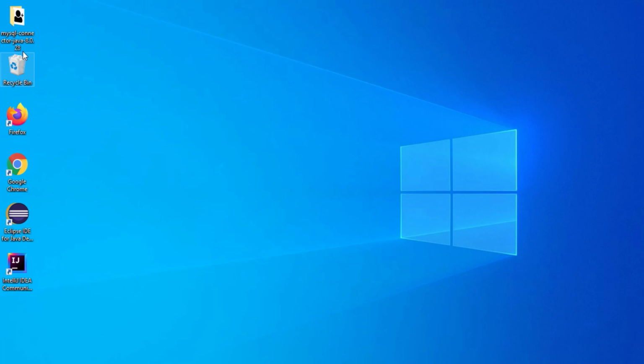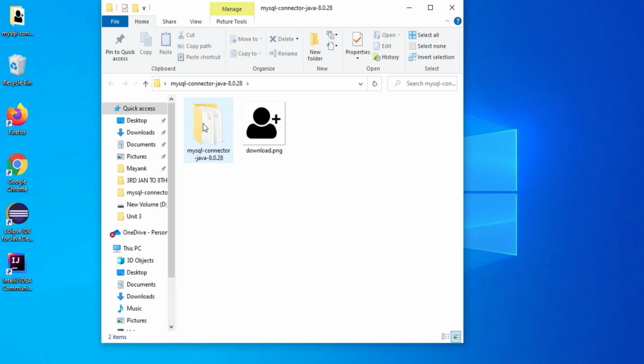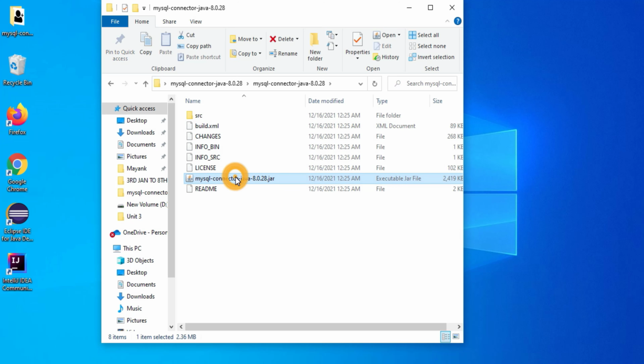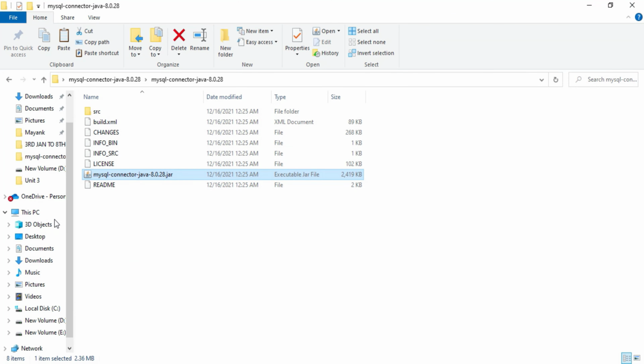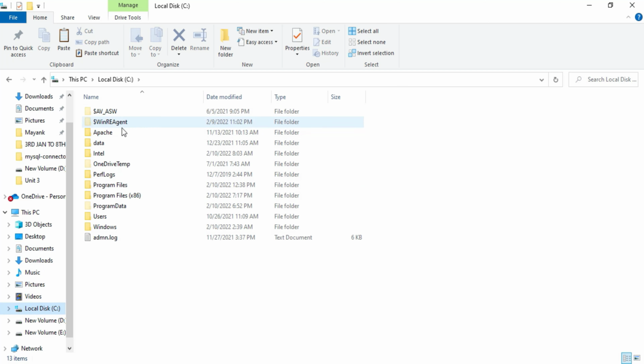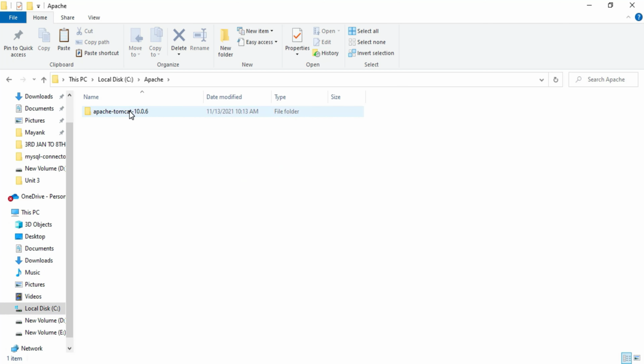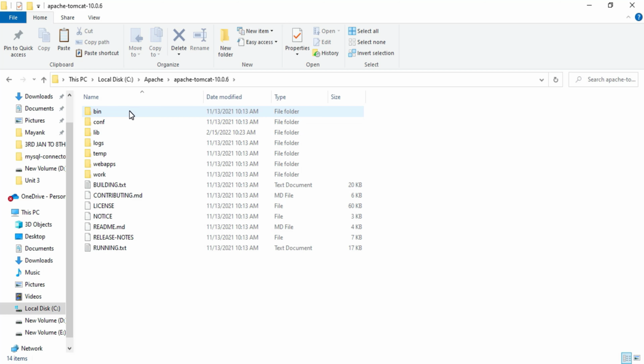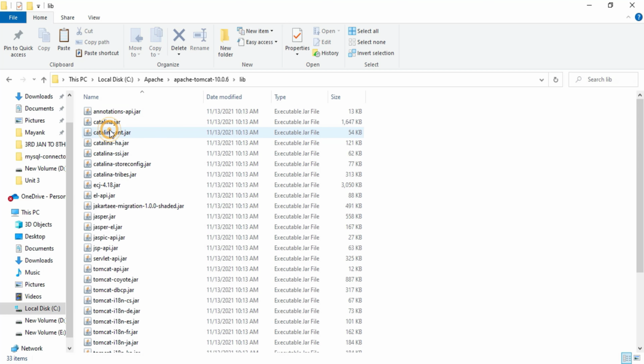Let me show you. Here is my connector.jar file. I'm just going to copy this connector.jar file, and then go to my C drive. In that there is the Apache folder, Apache Tomcat 10.0.6, which is the latest version, and here I have lib, and then I'll just paste this.